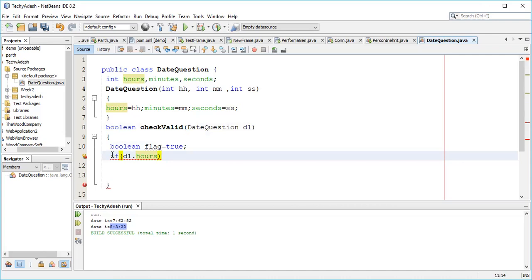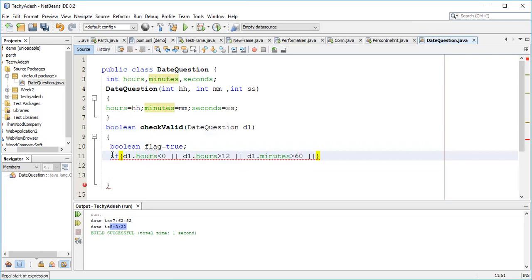It means if the time is less than 0 or the time, meaning the hours value d1 dot hours, is greater than 12, right? Either less than 0 or greater than 12, it means this is not a valid time. Similarly, for the minutes, if it is greater than 60, right? So I can put all these conditions into an or condition, d1 dot minutes greater than 60, if this is also true.